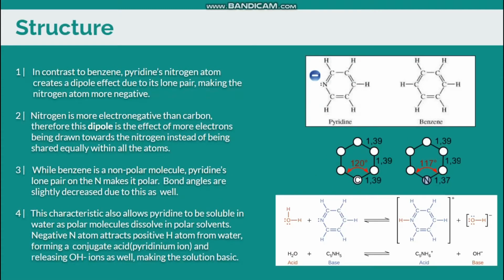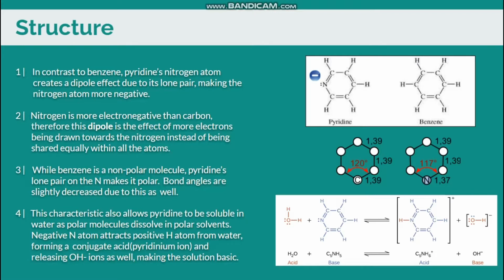In contrast to benzene, pyridine's nitrogen atom creates a dipole effect due to its lone pair, making the nitrogen atom slightly negative compared to the rest of the molecule. Nitrogen is more electronegative than carbon. Therefore, this dipole is the effect of more electrons being drawn toward the nitrogen atom rather than being shared equally. While benzene is non-polar, pyridine's lone pair makes it a polar molecule, and bond angles are slightly decreased due to